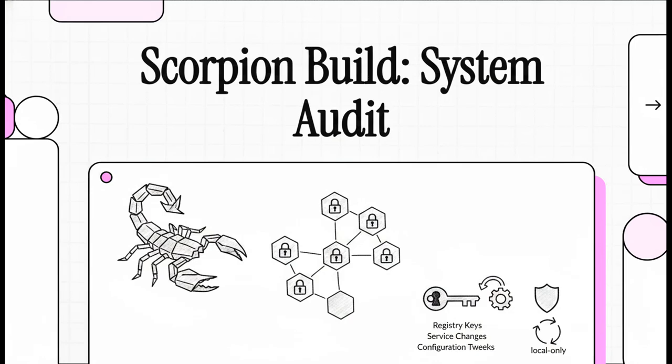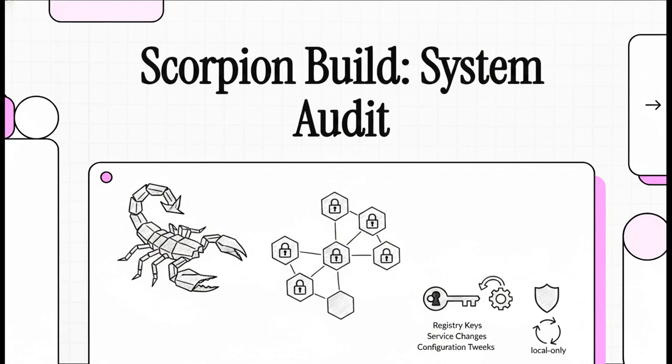All right, let's get right into it. Today's explainer is a complete system architecture audit. We're taking a highly technical system hardening log and transforming it into your definitive Scorpion build deployment manual. We are going to identify every specific registry key, service change, and configuration tweak you need to completely lock down your operating system. If you want a truly private, local-only compute environment for your next setup, well, this is your